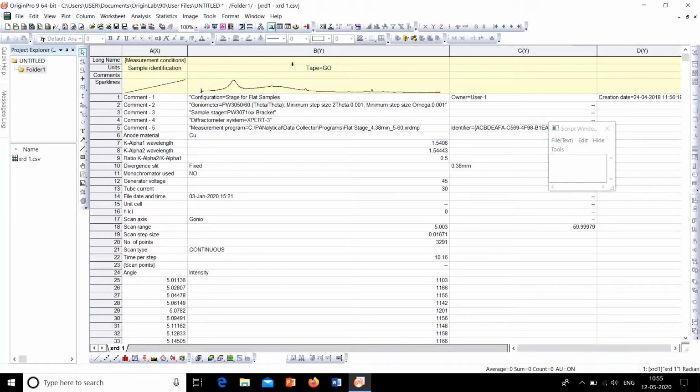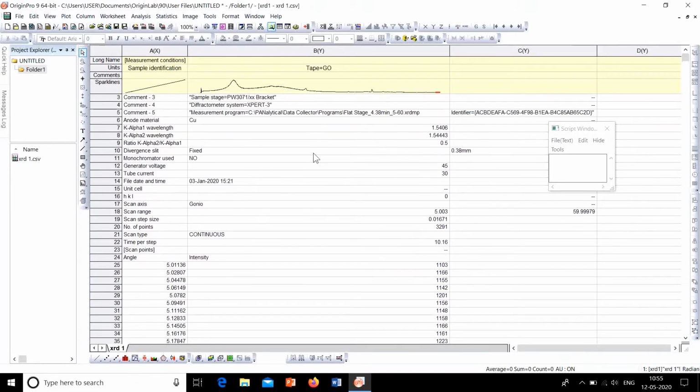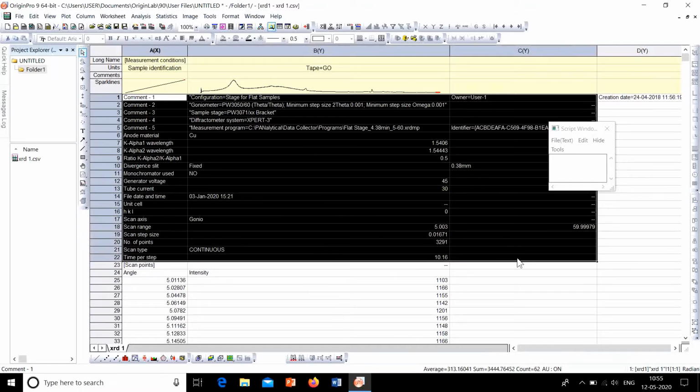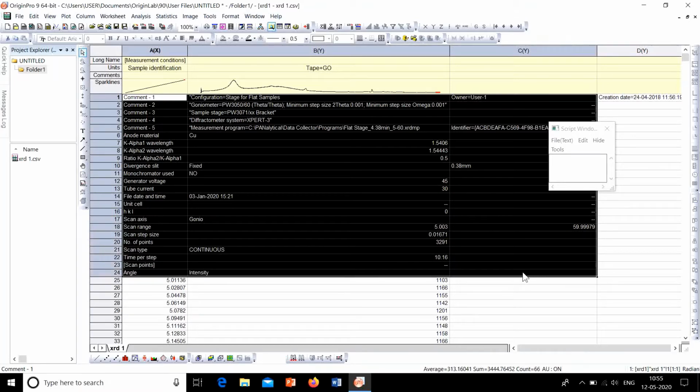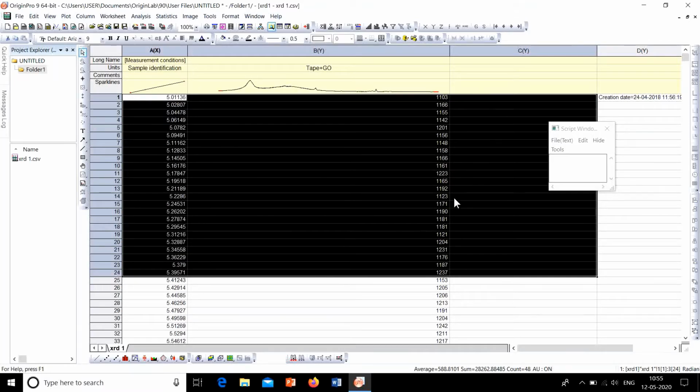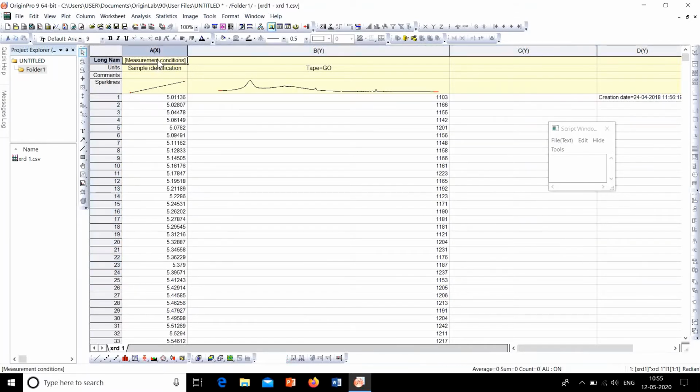You can see that this Excel file is open with lots of data. The simple method is to delete everything except the data, all the things that are available in this workbook. So delete all this.